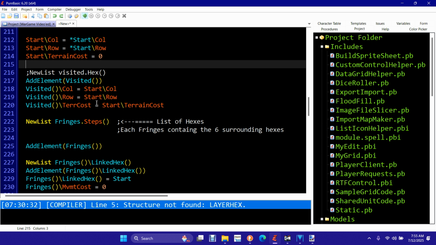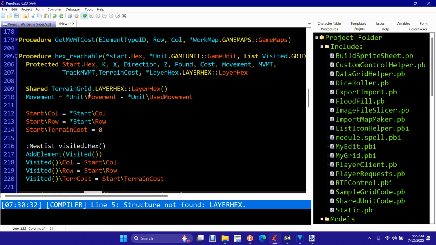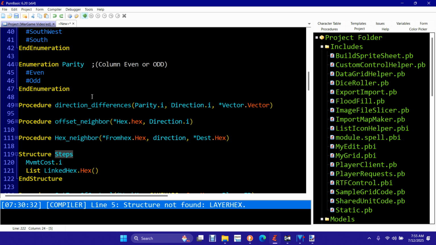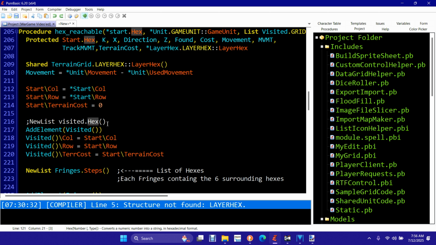Okay, so ideally, you're starting here, and fringe of step 0 or fringe 0 will contain these 6 hexes. Obviously, if you're on this hex, he only contains these 3, okay? That actually was a tweak I had to put in to make sure that you're not leaving the map. So anyhow, we've added our starting point. We've created a list of fringes. Each record in the fringe has its list of surrounding hexes. Okay, now,